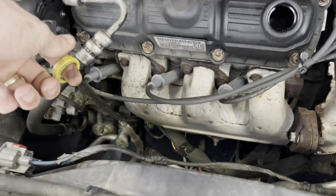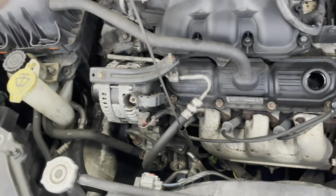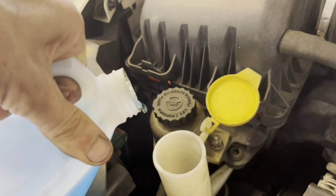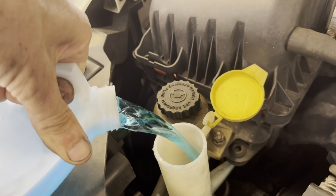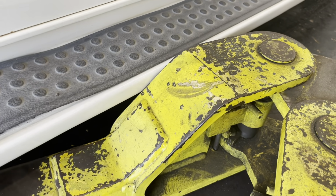Oh, oil change pro tip. Before you start, pull the dipstick out and let it dangle. That's a reminder that you haven't put any oil in it yet. One-handed pouring things. No spill. Oh, I spilled. Fail. Blue water, full. Now there is no way that I'm gonna get this thing to rack up